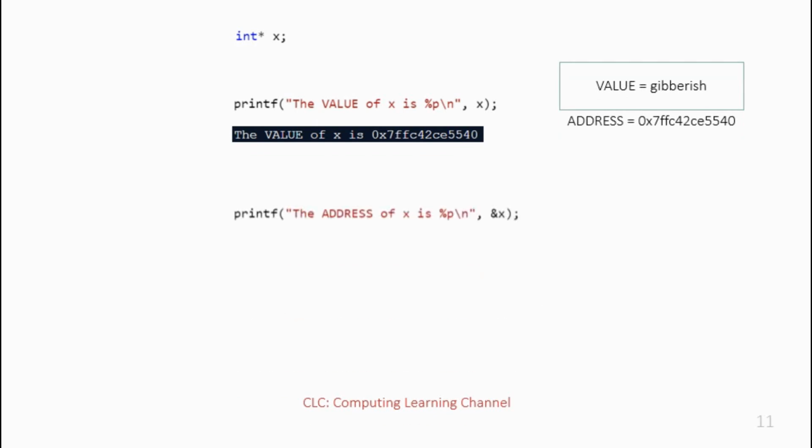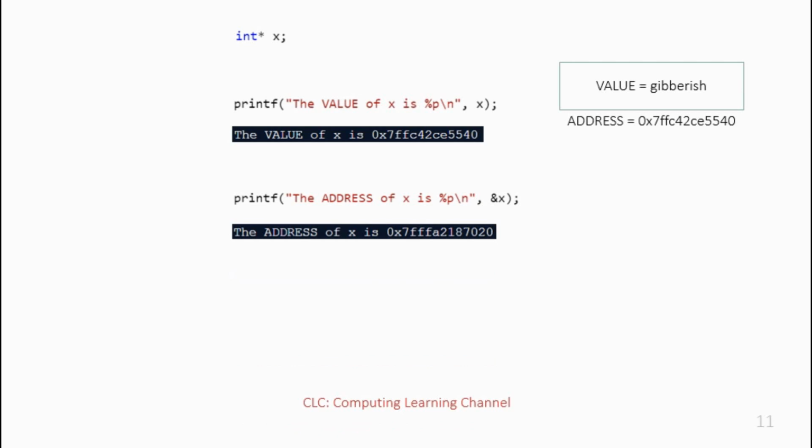Now let's have a look at the address of x itself. Please don't get confused here. x's value and x's address are 2 different things. Its value, again, is the address of the newly allocated 4-byte space for an integer. Its address, though, is a pointer to an integer. Do you get it? If not, it's fine. Just have a look at this diagram. The takeaway here is that the address of x and its value are two different things. The value can be an address. If you differentiate them properly, then you should be fine. Just don't get confused. The value is different from an address.